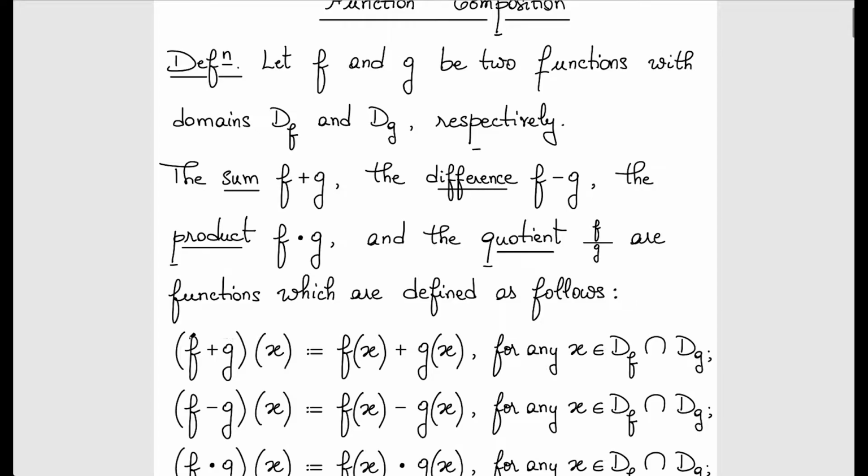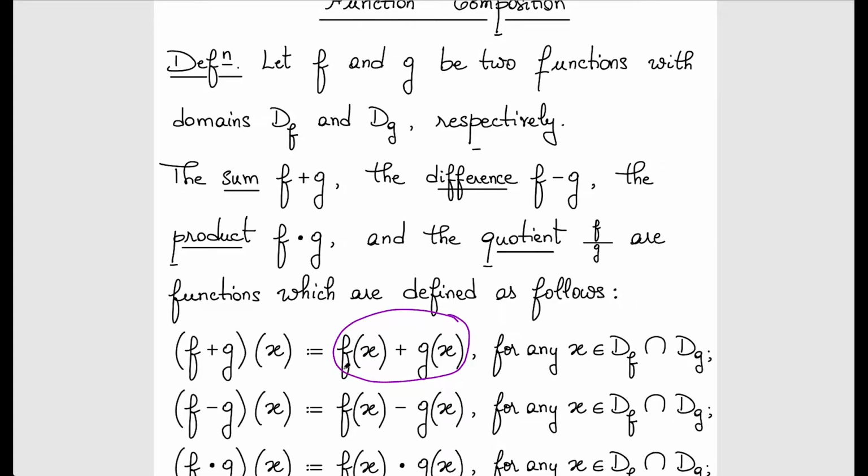So the value that the sum function f plus g takes on that input x is equal to the sum of the respective values that x takes when f acts on it and when g acts on it. Okay, so the notation here, f plus g, allows you to anticipate the kind of output you may get. The sum of functions acting on an x is equal to the sum of their respective outputs. Okay, sure, this side